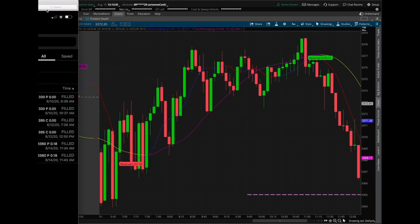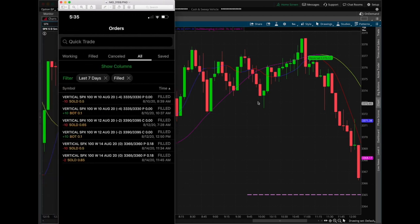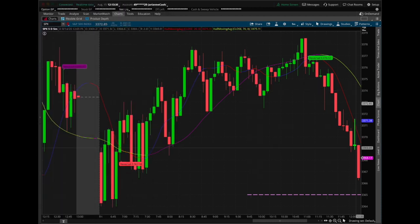10, yeah, 10 at 50 cents. Well, I end up adding two more at 85 cents. Anyways, at this point, I'm already at a 3x. I'm already looking at over $1,000 of loss. It doesn't feel good, but